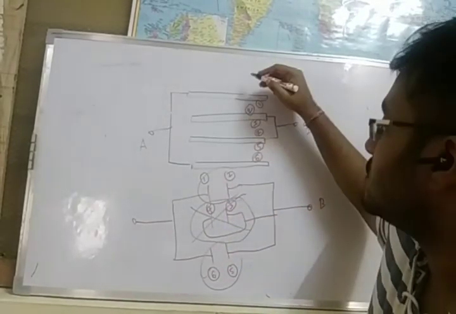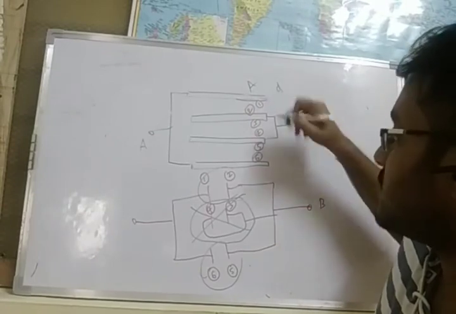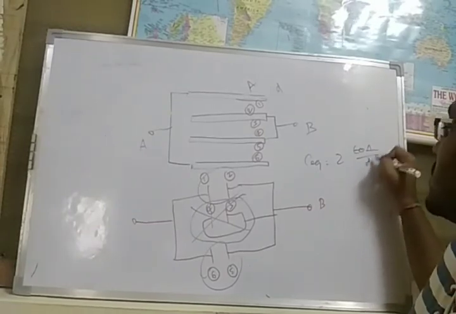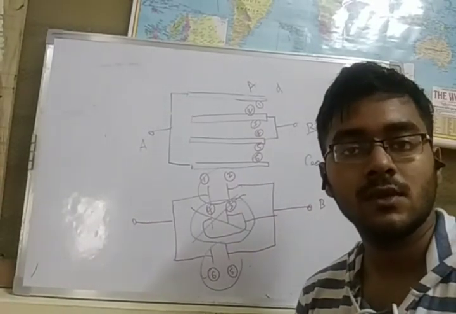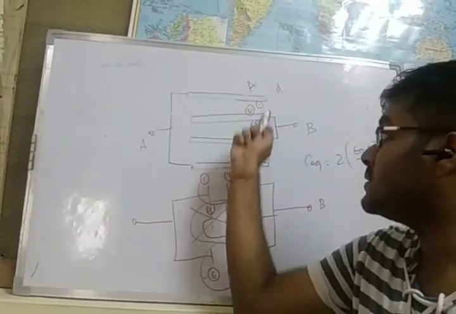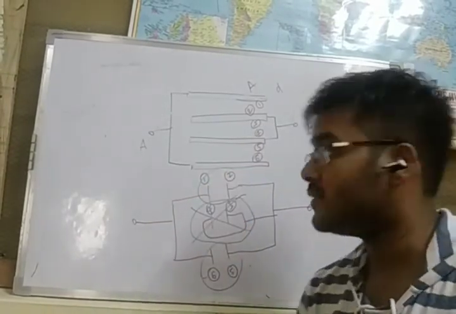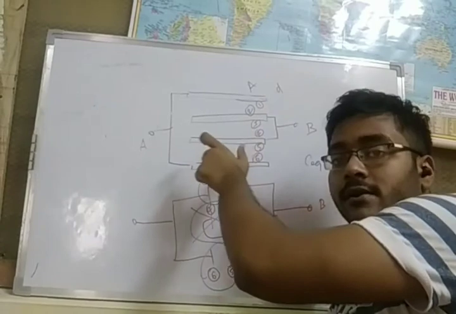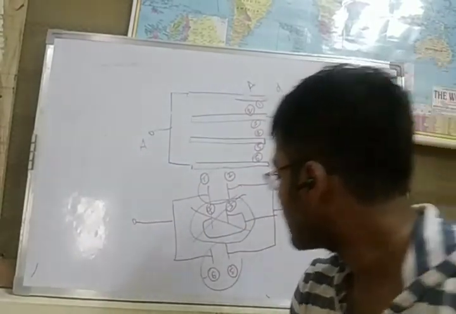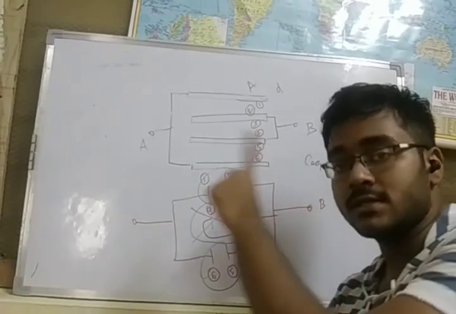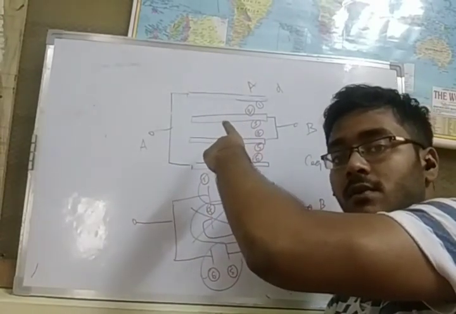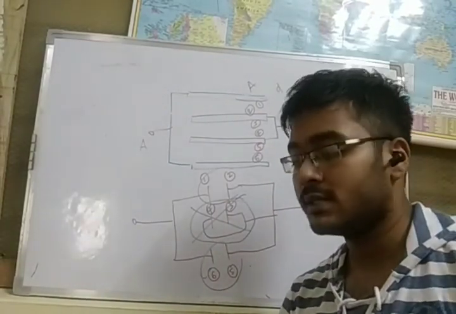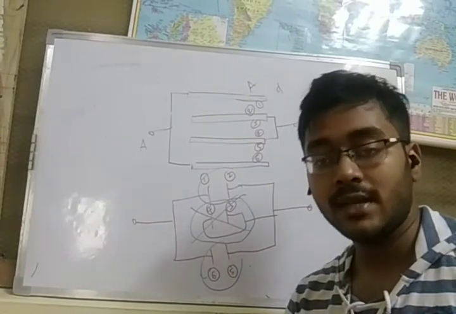Now, if I give you the values, this is A, and the distance between them is D. So, I can easily find that C equivalent is 2 epsilon naught A by D. That means both are in parallel. Okay. Now if I change the values, in case of D I write 2D, or I put a dielectric here, this kind of modification the examiner can do. If the examiner does this, then I think you will be able to handle it, because I have shown you the exact method how to analyze the things and reduce it